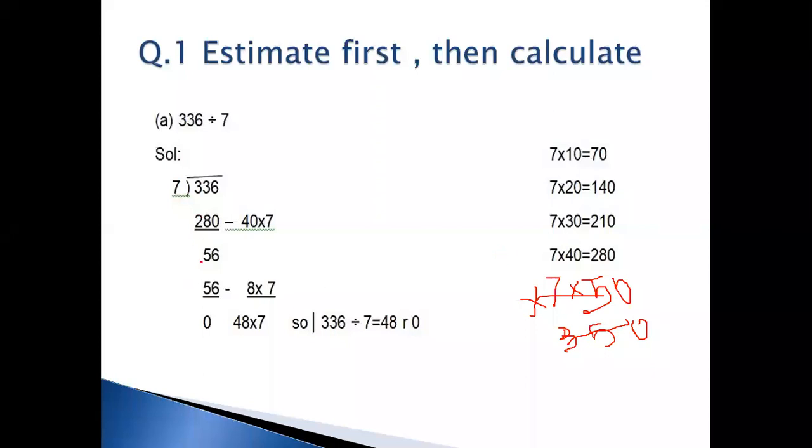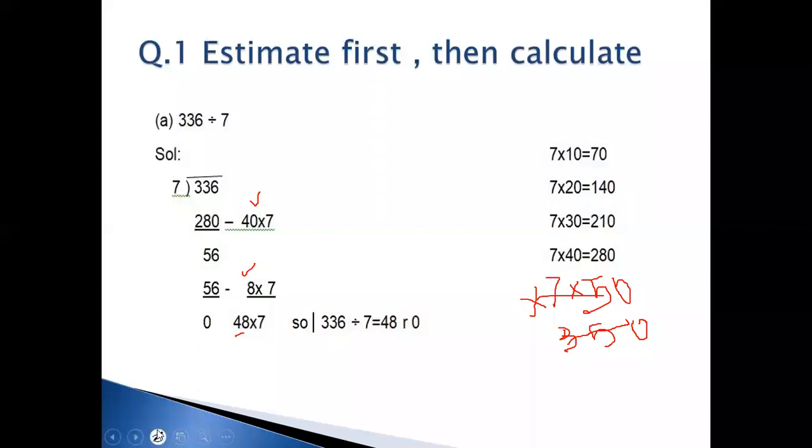So you can see here, 336 minus 280 will give 56, means 6 minus 0 will be 6, 13 minus 8 will be 5, 56 is our number. Now recall in your memory the table of 7. 7 multiplied by 8 will give us 56, and the remainder is again 0, because we subtract 56 from 56, answer is 0. So we take this 40, add this 8, the number will become 48. This is our quotient, and the remainder is 0. You can see 336 divided by 7 gives 48, remainder 0.